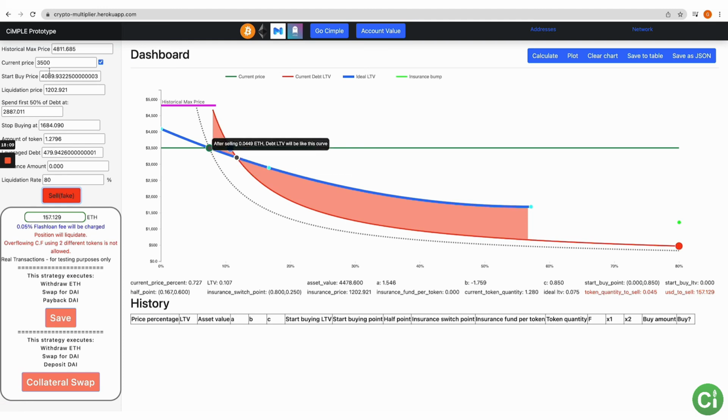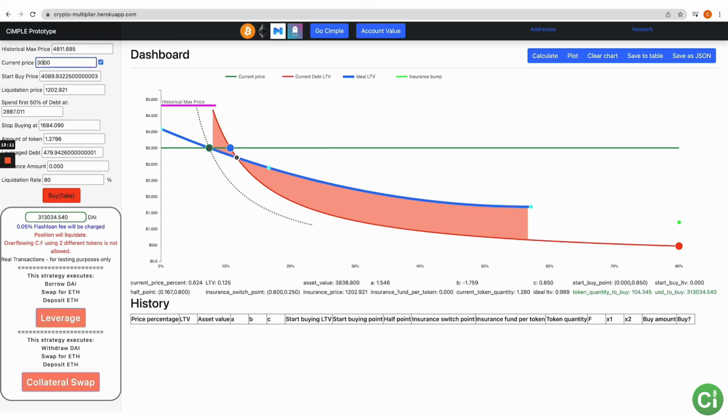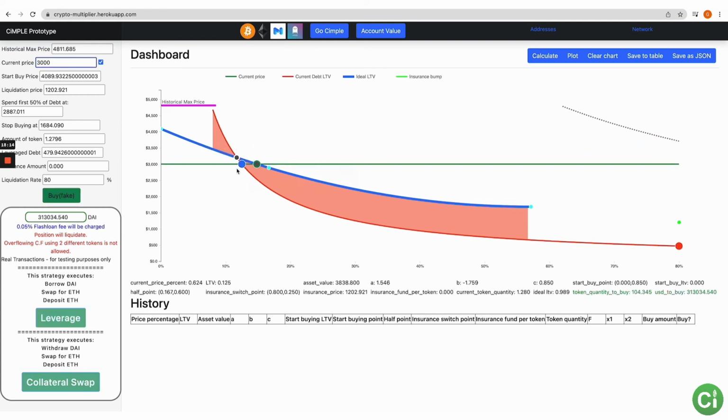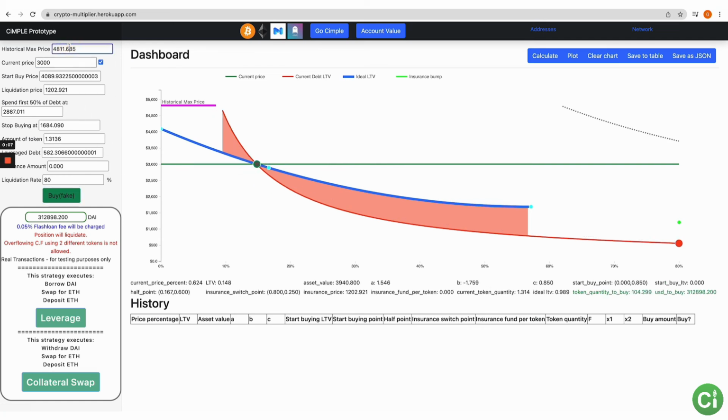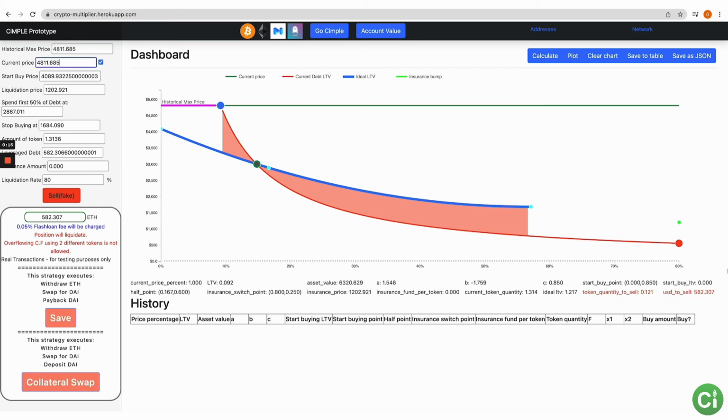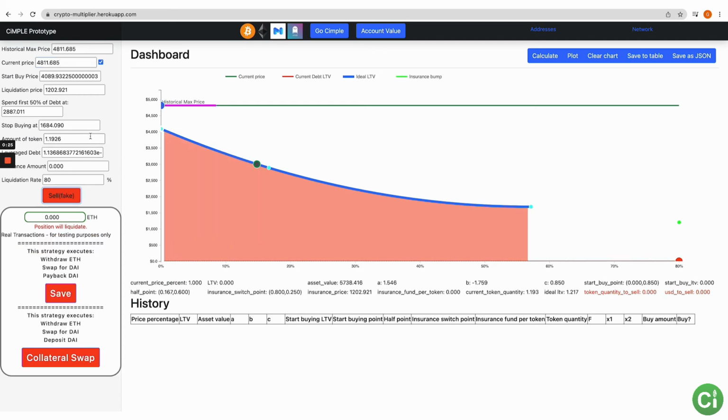And then let's say the price does drop down to 3,000. That was a smart move, right? You're able to buy a little bit, when if you didn't make that previous sale, you couldn't buy any at all. So let's make that purchase at 3,000. And then let's say the price goes all the way up to this max. Then it's telling us to sell $582 worth, 0.121, which pays off all of the debt completely, and we take a net gain in tokens. Let's see what that is, and that is 1.19. So in this case, that up and down cycle multiplied by 0.19, or we're going to round up to 0.2.